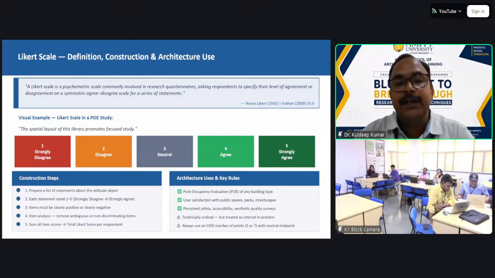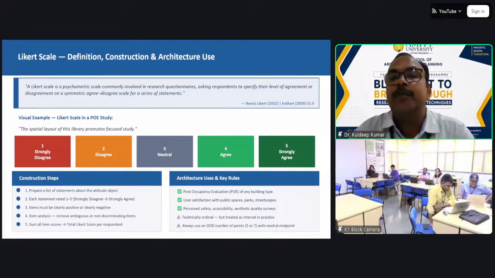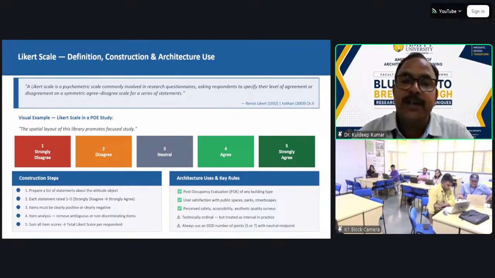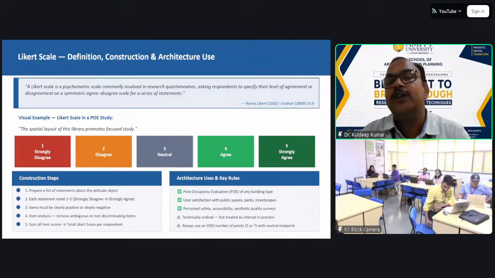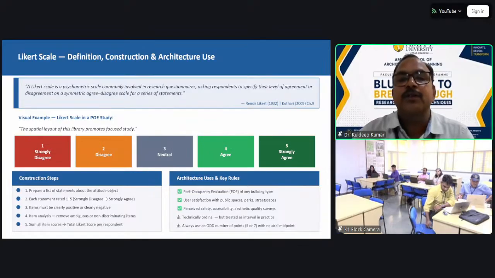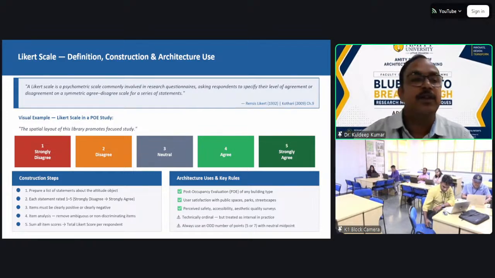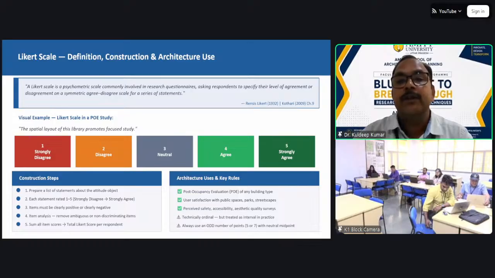A Likert scale is defined as a psychometric scale commonly involved in research questionnaires, asking respondents to specify their level of agreement or disagreement on a series of statements of a specific research. The classic format is: 1 is strongly disagree, 2 is disagree, 3 is neutral, 4 is agree, and 5 is strongly agree. The respondents mark